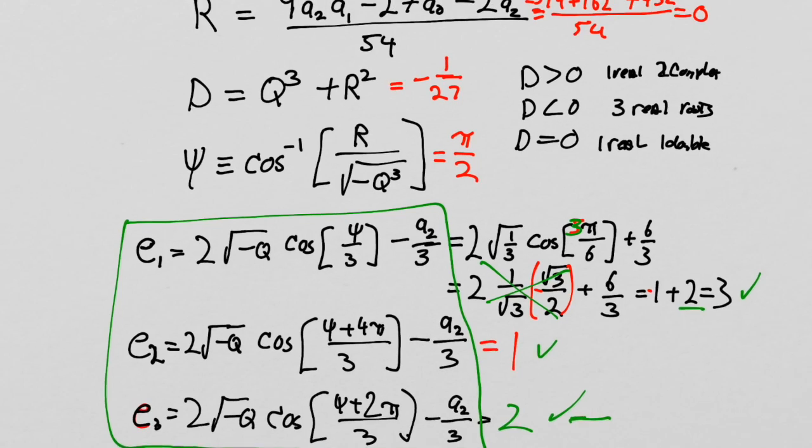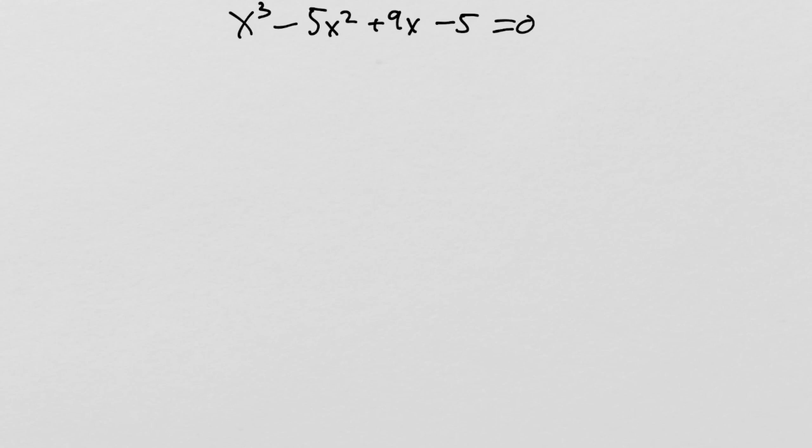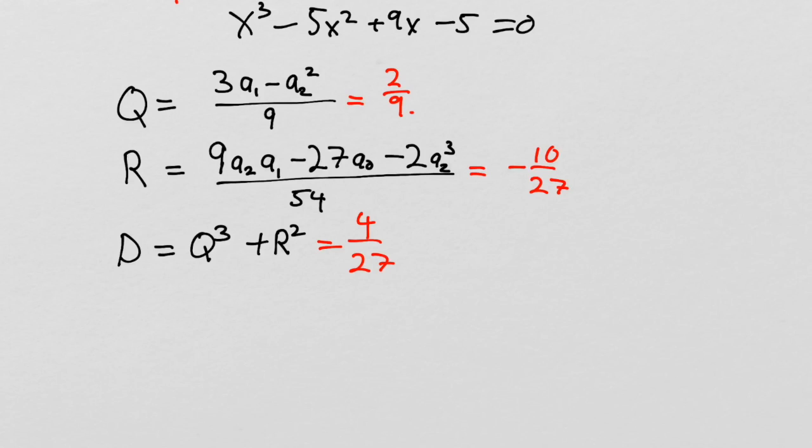Now let's examine the case when you have 1 real and 2 complex roots. So this is our cubic equation that we know has 2 complex roots that we're going to study. The first step into solving those is, well, first we can calculate Q and R and D. So for this problem, they are 2/9, minus 10/27, and 4/27. So D is positive, and of course Q